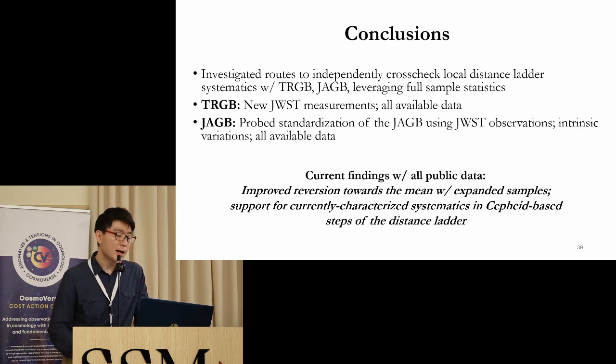And so just to wrap up, in the works that I presented, we really tried to investigate systematics in the Cepheid-based steps of the distance ladder by using these alternative standard candles, the tip of the red giant branch and the J region asymptotic giant branch. We produced new measurements of the TRGB with the James Webb Space Telescope. We also leveraged all the data that's available publicly on the archive. And anyone in this room can also access that data, both the raw data and also the photometry that we used here. The JAGB, we also standardized and tried to characterize the systematic uncertainties